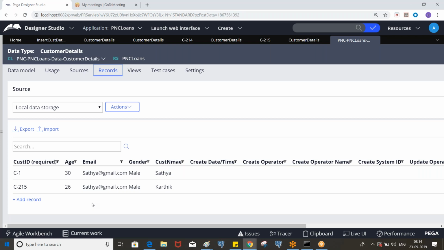The same data will also be available in the work class table. That is handled by PRPC. So this is one way: we are storing from UI to database, and in the next class we retrieve the data back from the database to the user interface.